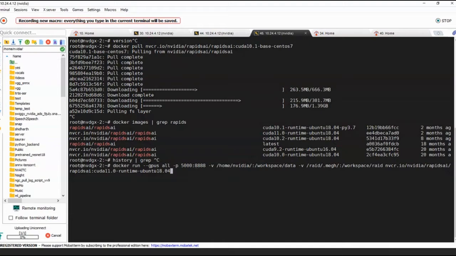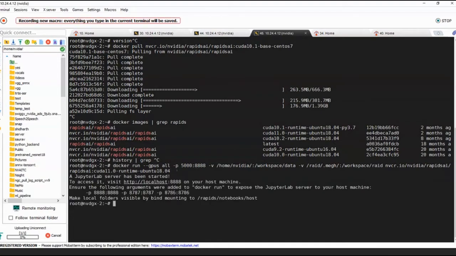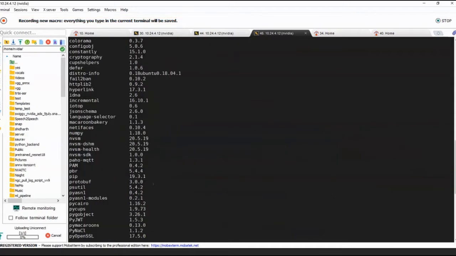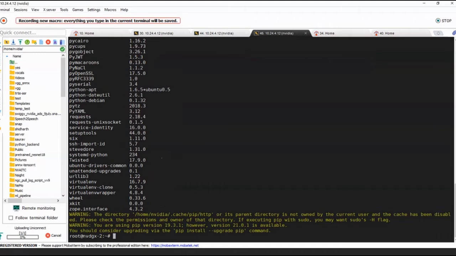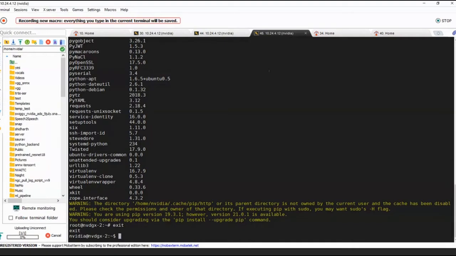So I'm just going to run this command, and it will run this Jupyter environment for me already, right? I don't need to do anything as such. And I've already set up my environment, so this was just a way to show you how to set it up. Now if I do say pip list, you'll be able to see that I have all these packages available inside this environment. All right. So I'm just going to exit from this because I had already set up the right environment, which is over here.